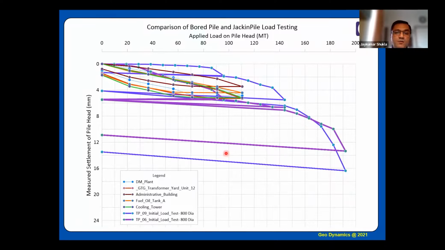This is the load testing. This is the earlier, successful load test of an 800 dia precast pile, where 800 dia bored cast in situ piles were replaced with 350 by 350 and 400 by 400 square piles. You see the stiffness: at 5 or 6 mm, it mobilizes approximately 100 to 120 ton of resistance, comprising end bearing as well as shaft resistance.